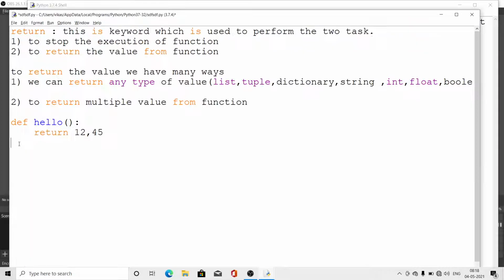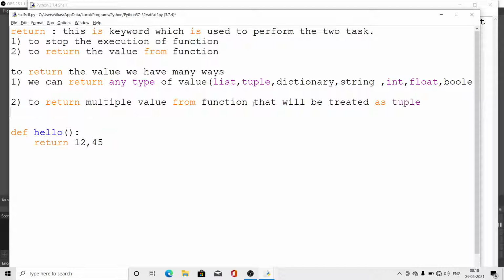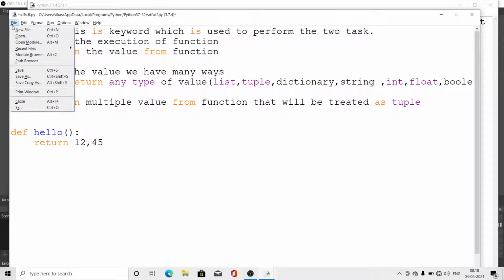So same it is. Whenever we are returning here more than one value, the variable that holds all these values, which type of variable will it be? It will be tuple values. Clear? So to return multiple values, the function's result will be treated as a what? Tuple values. No problem. You can also return, I will show you one example here.